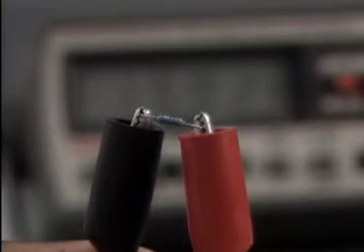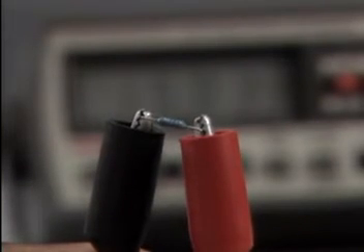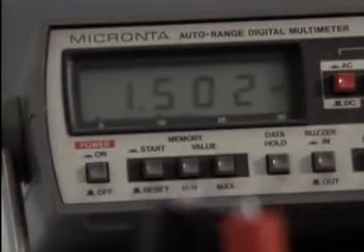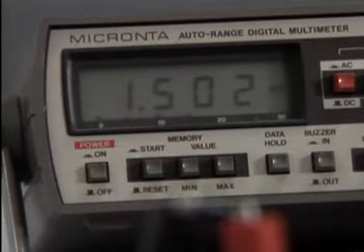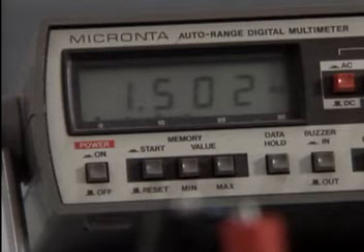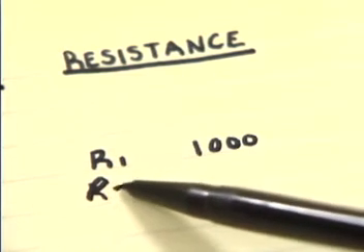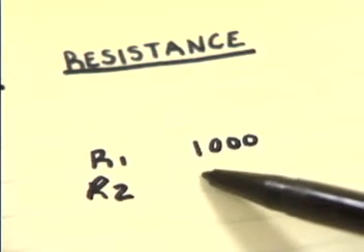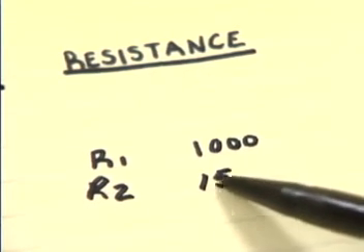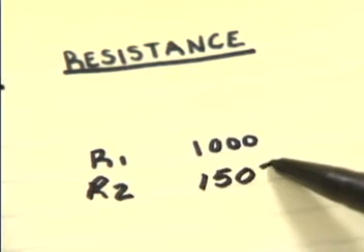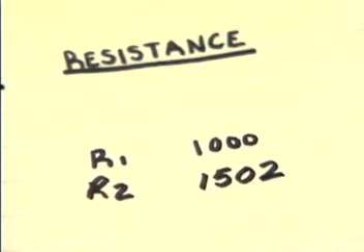To do this, first check the resistor with the ohmmeter. It's reading 1.502 kiloohms or 1502 ohms. Since this reading is within a 1% variance from the 1500 ohm rating, that is plus or minus 15 ohms, this resistor is within tolerance. On a new chart, copy your previous R1 reading and your total voltage reading and record 1502 as R2, just